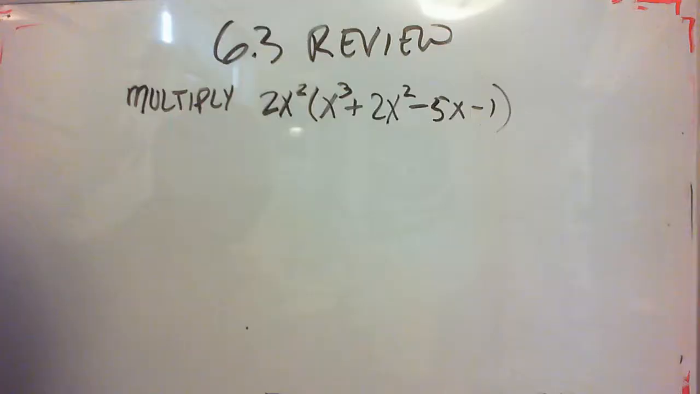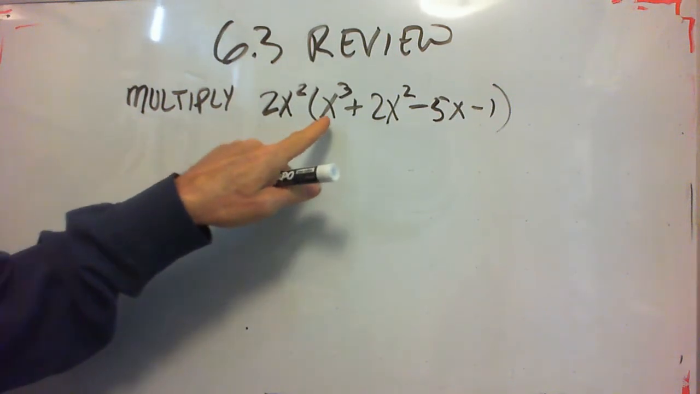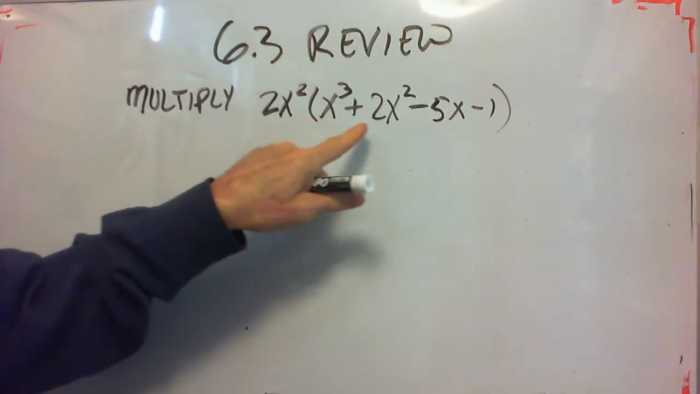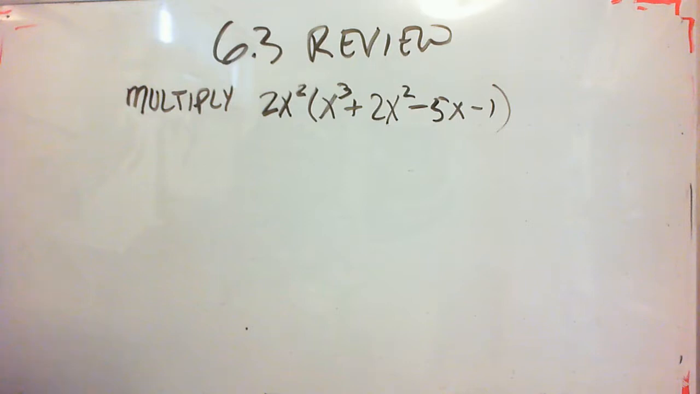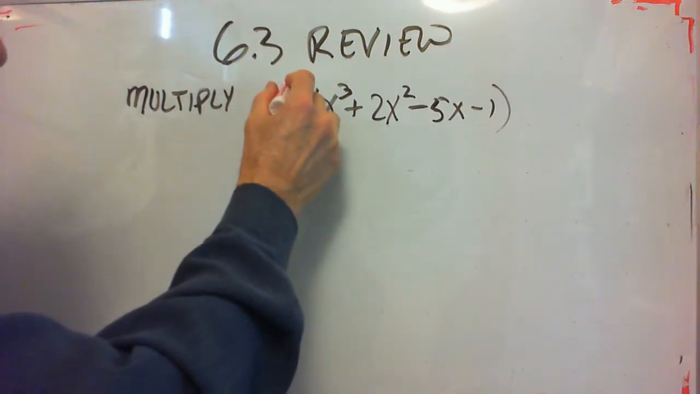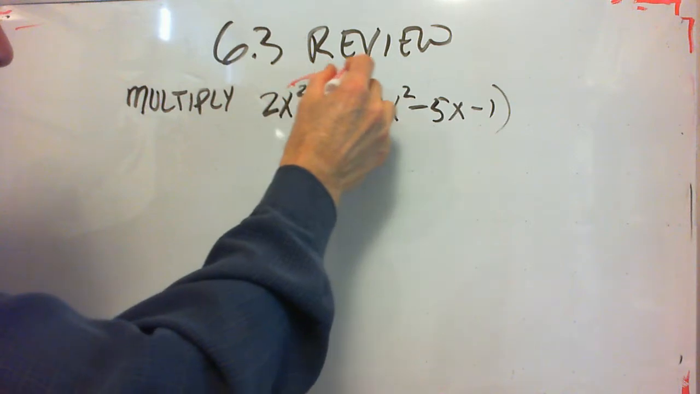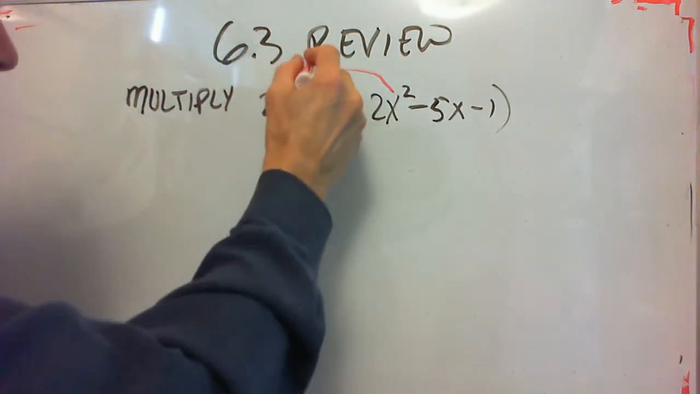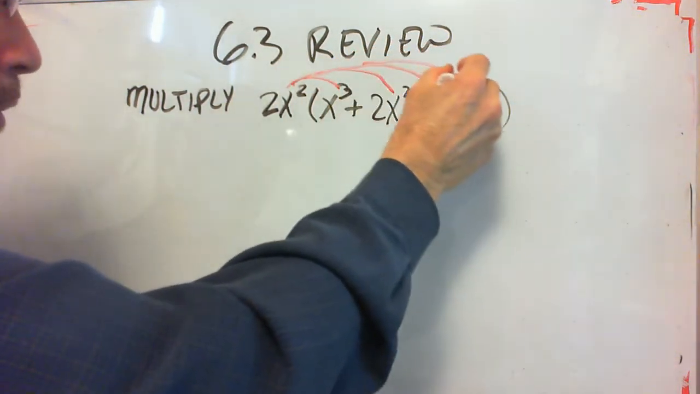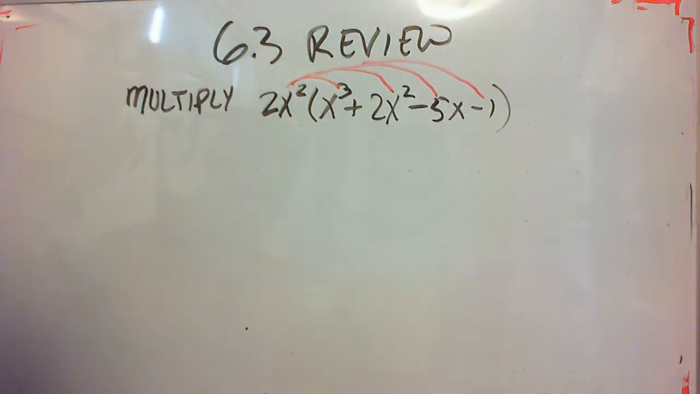On to the review. Okay, we're going to start with a problem like number 1. Multiply 2x squared times the polynomial x cubed plus 2x squared minus 5x minus 1. Now this is really no different than what we've been doing before. We use the distributive property. The only difference is instead of multiplying by 2 quantities in parentheses, here we're multiplying by 4. So you just distribute and multiply through,